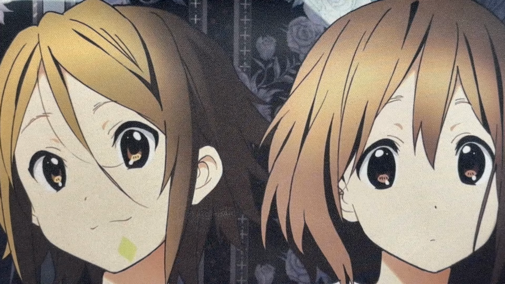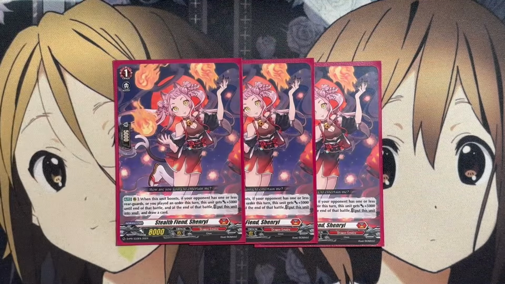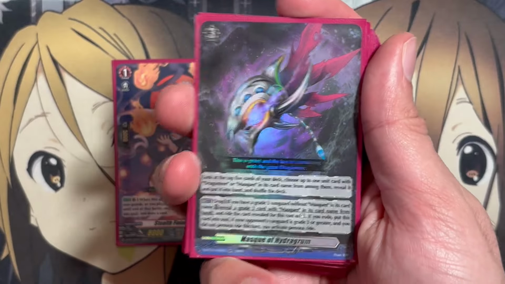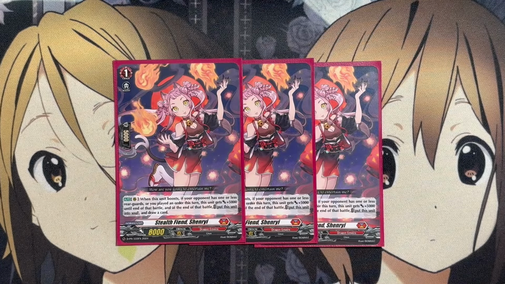And we're also running 3 copies of Stealth Fiend Shenrie. With this card, when this unit boosts, if your opponent has 1 or less rearguards, you played in order this turn, this unit gets plus 5,000 till the end of that battle. And at the end of that battle, put this unit in the soul and draw a card. So you'll mostly make use of this whenever you use your Mask of Hydreigon, obviously, for more search power, and then being able to have more soul